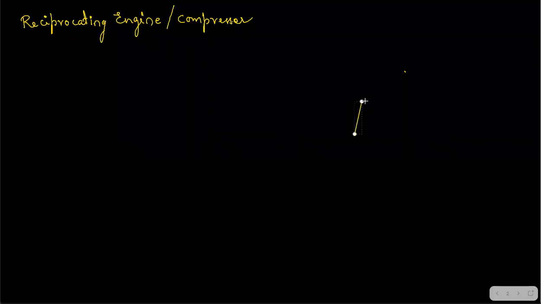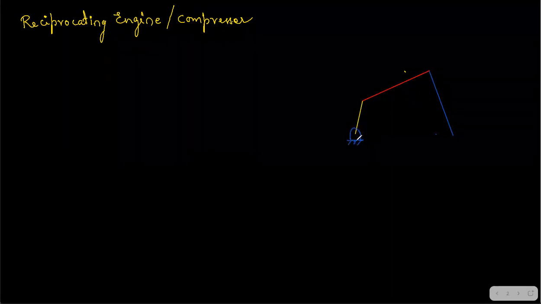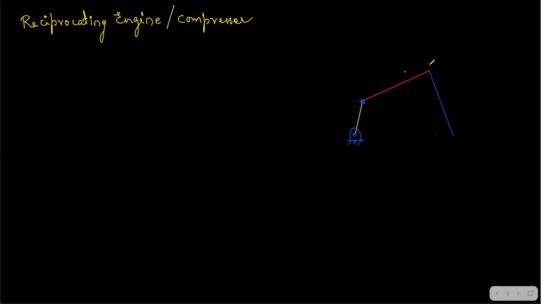See, this is the smallest link in the 4 bar chain. In the 4 bar chain, we have already proved that the smallest link will rotate for 360 degrees, right? So just see. This is the connecting arm, and now you have another link over here. We can see clearly what's happening here. The smallest link will be rotating round and round, right? This joint and this joint can be rotated for 360 degrees, and this cannot rotate for 360 degrees.